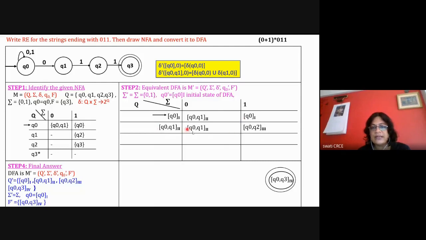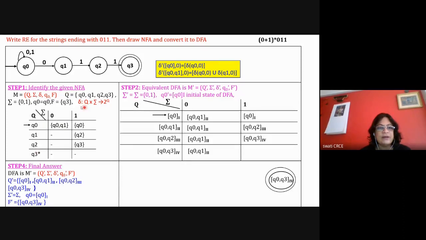Now you have to take the next numbered state. The next numbered state is 3, so Q0, Q2, 3. Then Q0, Q2 with the 0 symbol is Q0, Q1, the same state, that is 2. Then Q0, Q2 with 1 is equal to Q0, Q3. So Q0, Q3 is a new state, numbered as 4. Now take the next number. And for Q0, Q3 with 0, it's only Q0, Q1.